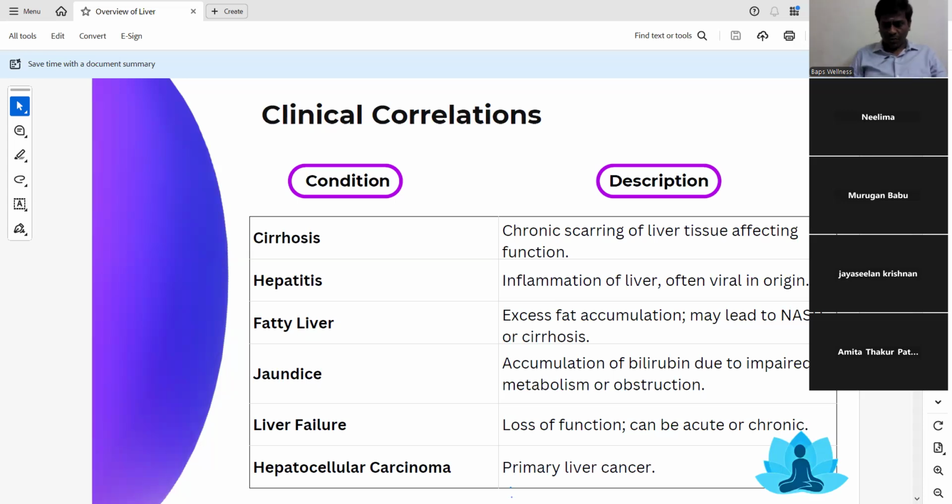So in continuation of the overview of the liver, in the last session we saw in detail the anatomy and physiology of the liver. And today we are going to see the diseases and their perspective as per modern medicine and also as per TCM. So what are the patterns that cause various diseases? Whatever doubts and clarifications you need, please reserve them. At the end, we will discuss.